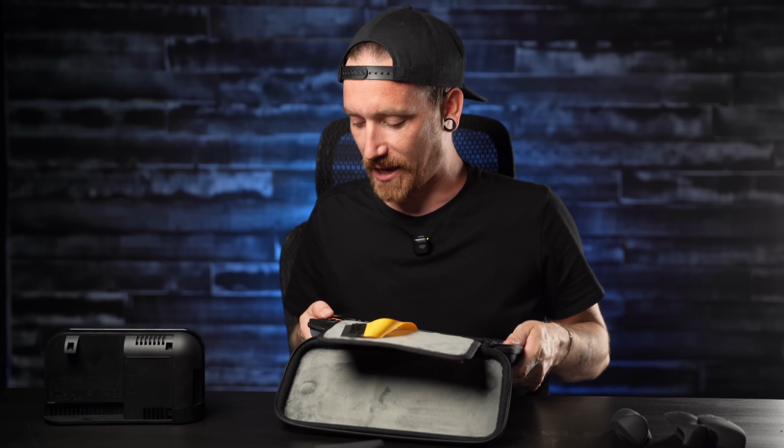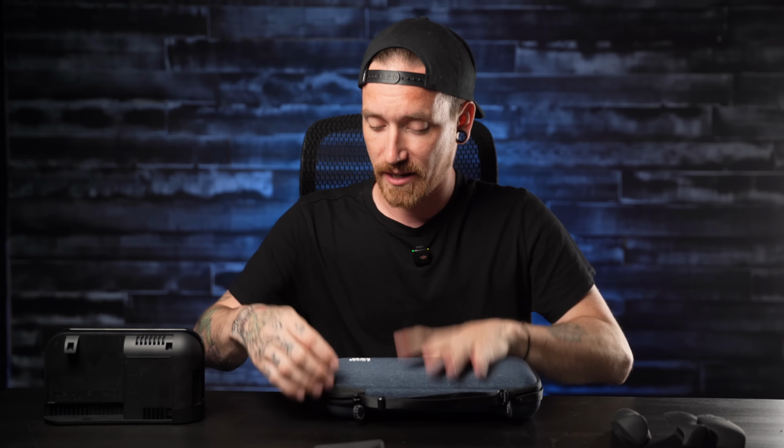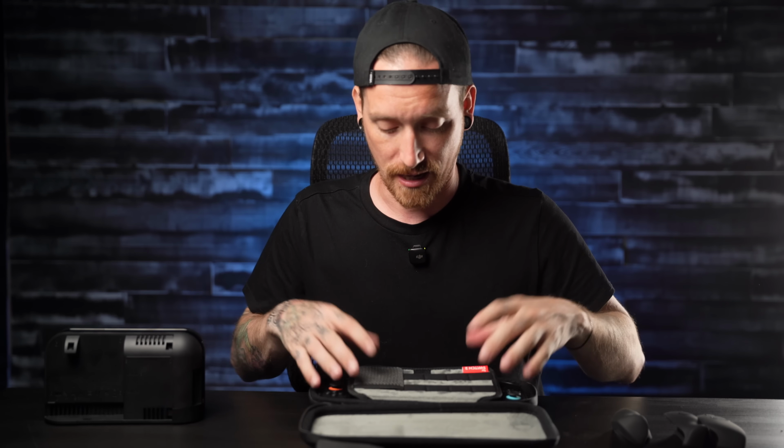Ooh, it's tight. Okay, so these are a little bit wider on the edges. So it does go inside, but it's tight on the edges if you don't care about that, if you're not that worried about it. Let's see how it zips. It zips fine. So I don't think it's gonna be a problem to put it in this one either, whichever one you like. You could probably go with either one of those, but that is gonna do it for this